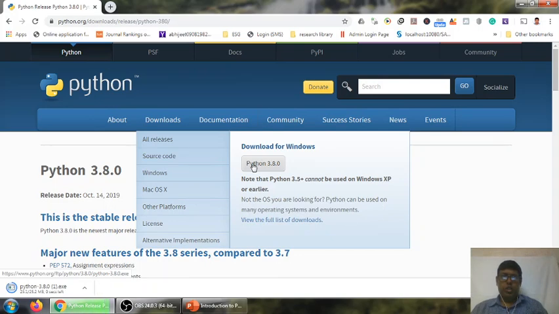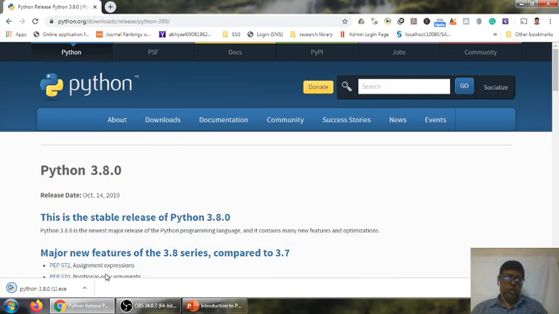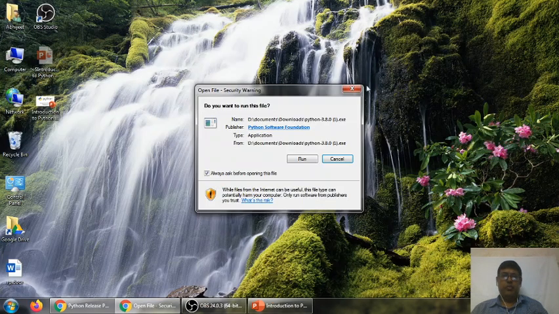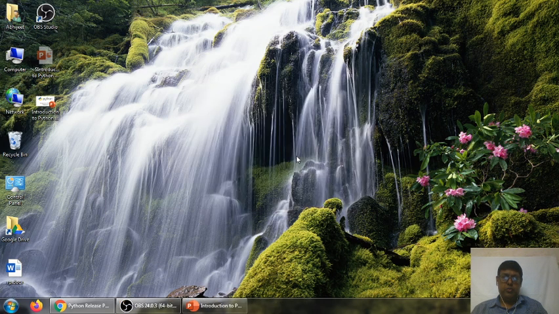Once you click on Python and start installing, a small exe file is created at the bottom left hand side of your screen. If you can see my mouse cursor, it's on the bottom left hand side. Simply open up that file. It would ask you, would you like to run the software? Yes, I would like to. Okay,